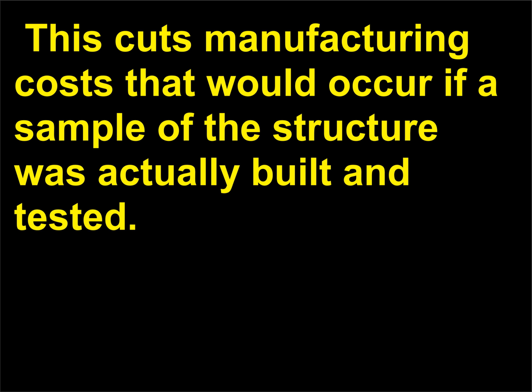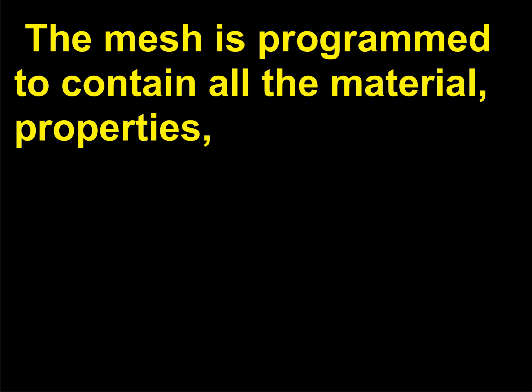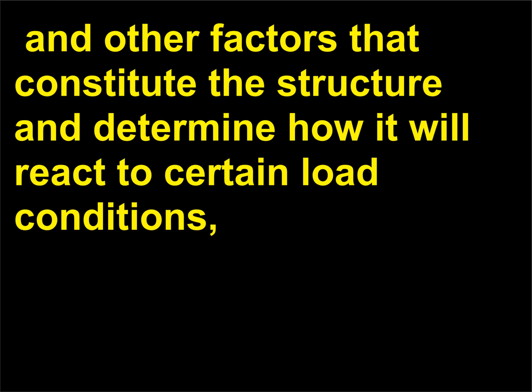This cuts manufacturing costs that would occur if a sample of the structure was actually built and tested. FEA uses a complex system of points, nodes, making up a grid called a mesh. The mesh is programmed to contain all the material properties and other factors that constitute the structure and determine how it will react to certain load conditions,